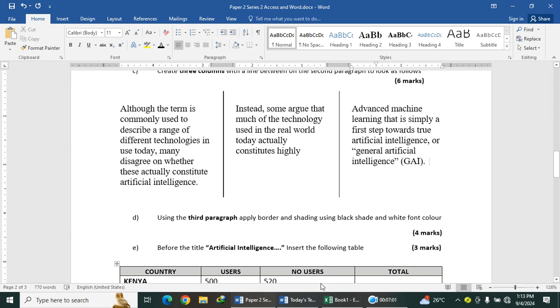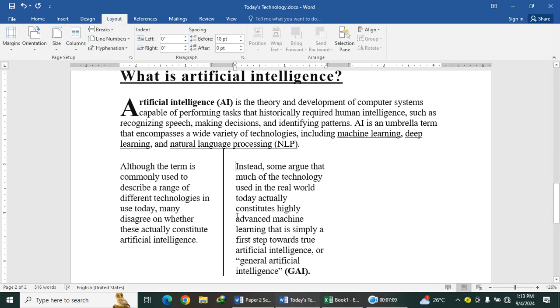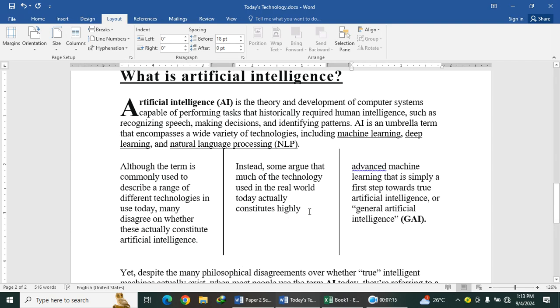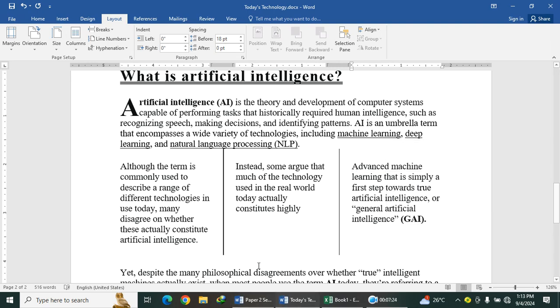GAI. So what you do here, you just go to where you want this sentence to start. Like now here, you press Control Shift Enter, like that. Then I go higher here. I again press Control Shift Enter. You see now, this one takes this one to be exactly as the examiner's. So you just press,